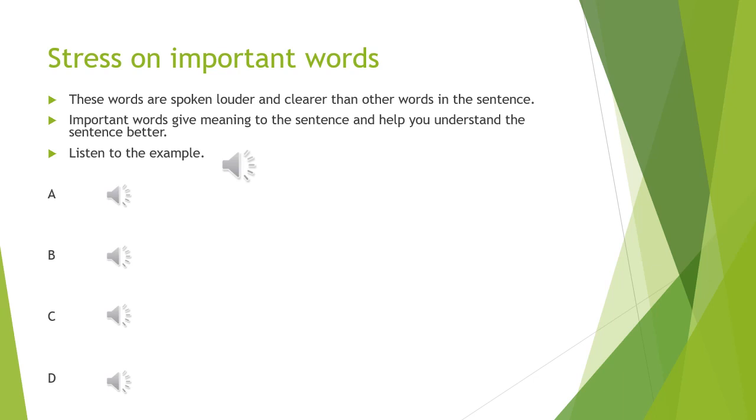Page 124. Stress on important words. Stress can be on nouns, verbs, adjectives, and adverbs. These words are usually louder and clearer than other words. Why? So that they can help you hear and understand the most important information. That's why a writer or speaker would do this. A speaker may be highlighting it in bold, or you may have to figure it out yourself. So let's listen to the example